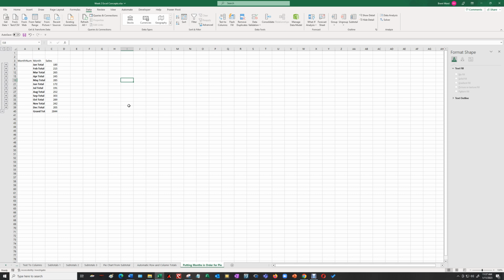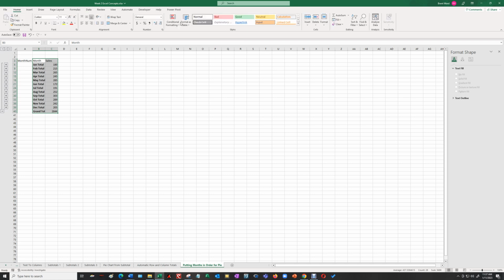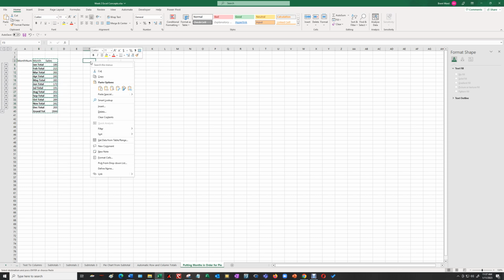Okay, so now I want to make a pie chart out of this. So I'm going to highlight months and sales. I'm going to go to the Home tab, Find and Select, and click on Go to Special. And then I'm going to click on Visible Cells Only. Click on OK. What that does is, when I right click in the middle of that and copy and paste it somewhere else,